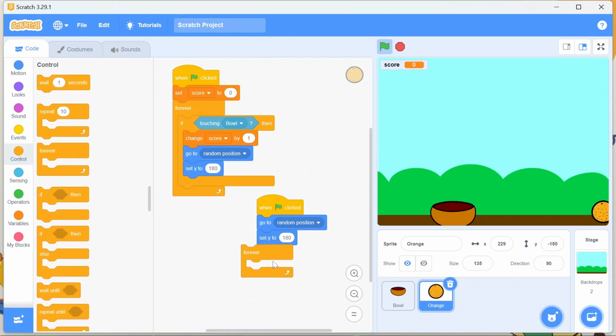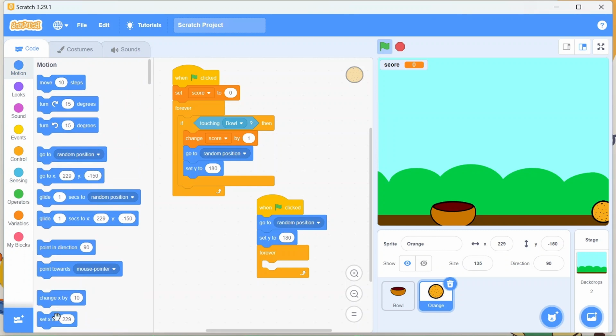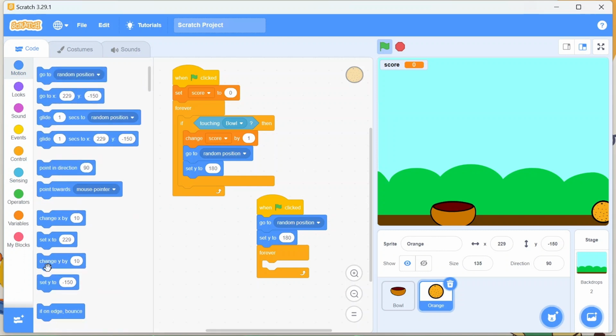Using this forever block, we will just change the value of y, right? We have to change the y coordinate. By how much are we going to change it? You can set the speed by this. So this is the key from which you can set the value. So we can set it as -8 for now.